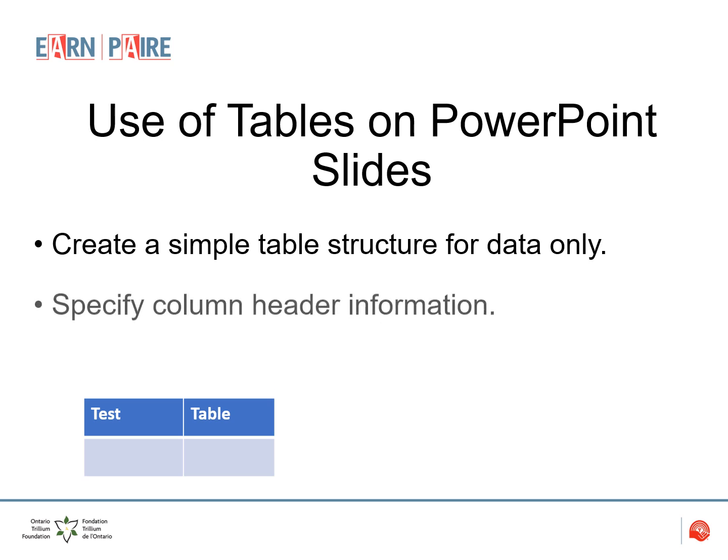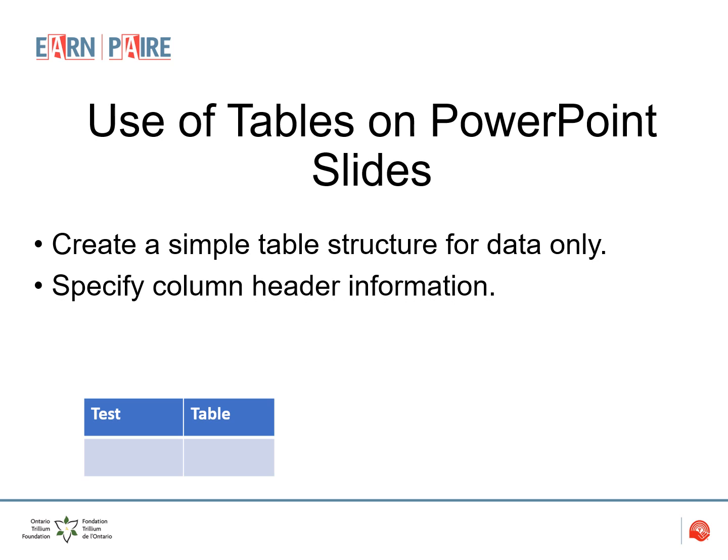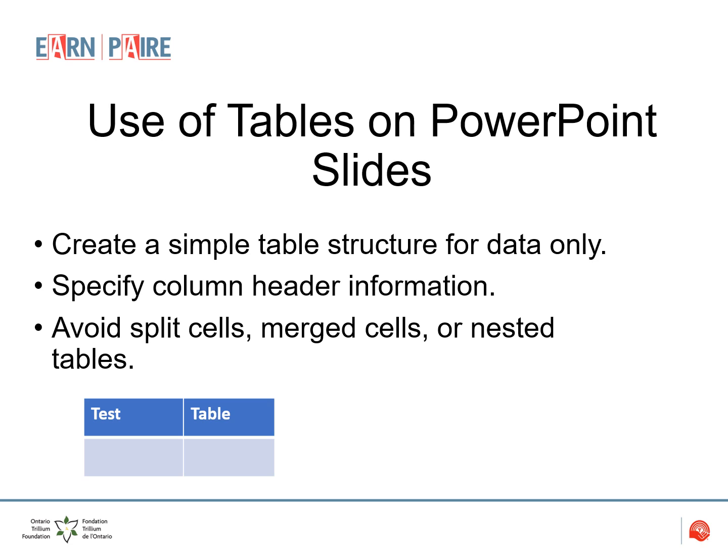If a table is nested within another table, or if a cell is merged or split, the screen reader loses count and cannot provide helpful information about the table after that point. Blank cells in a table could also mislead someone using a screen reader into thinking that there is nothing more than the table. So it's best when possible to avoid using split, merged, or nested cells. If you want to consult for accessibility, use the accessibility checker.